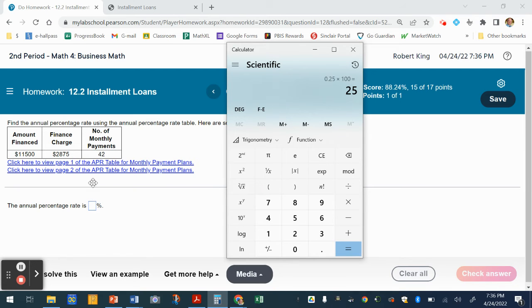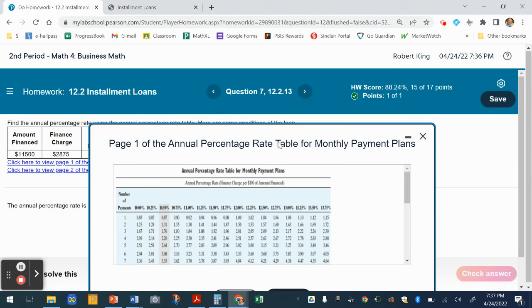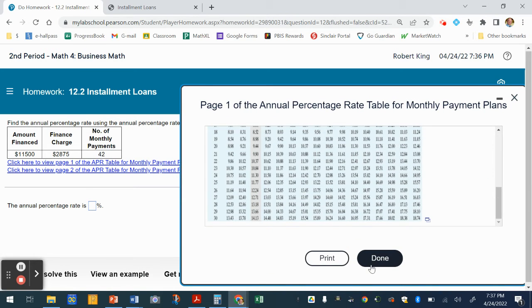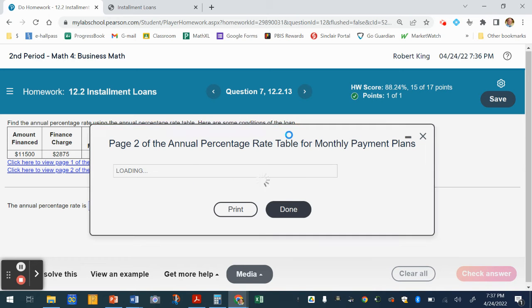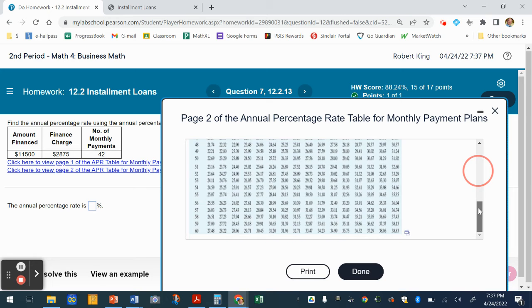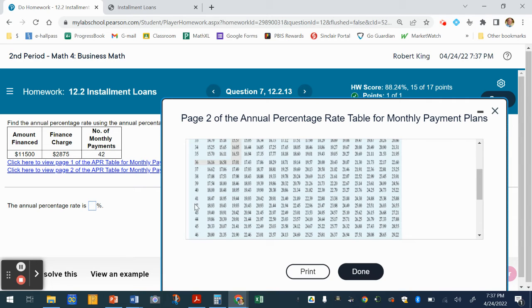Now we're going to go to our tables. And we've got 42 months. Your first table in the pop-ups goes to 30 months. So we're going to have to use the second table. And that one goes, I think 60. Yeah, it goes up to 60. But we only need to go to 42. So I find number of payments 42. And then that number that I got on my calculator,